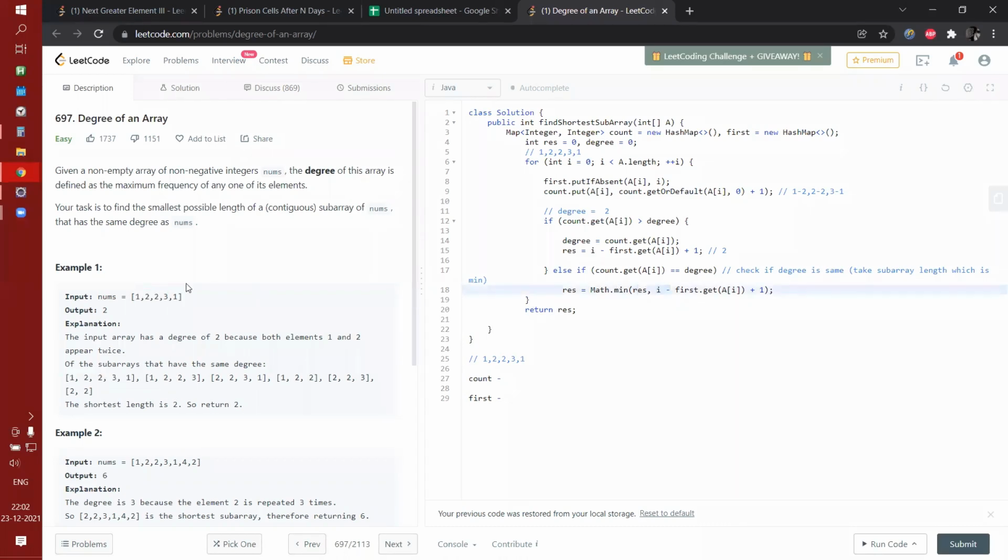The current pointer of one, minus the first time you encountered one. So it will be 4 minus 0 plus 1, which is 5. So it will be the minimum of 2 comma 5, which is 2, and your for loop will terminate. You will return 2.